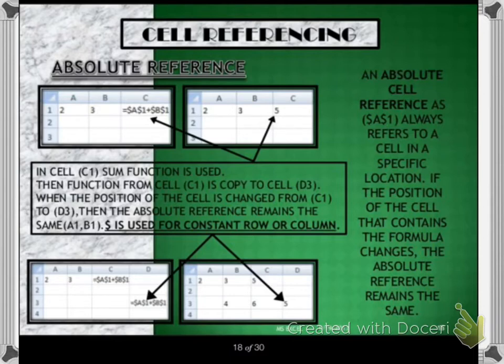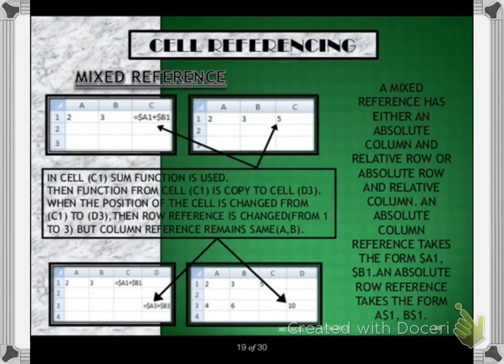Relative cell address always keeps on changing, but absolute will never change because it points to a specific cell only.